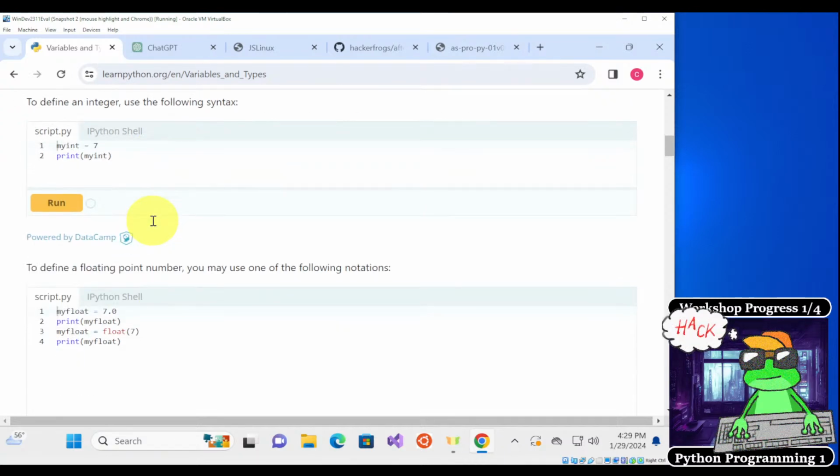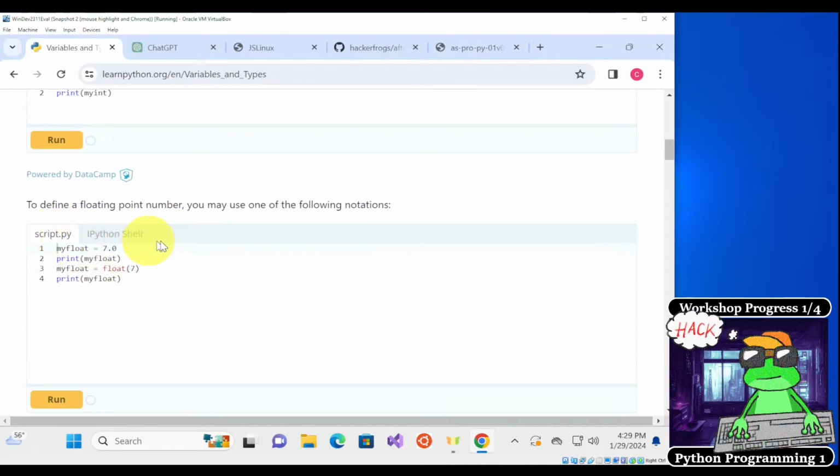Okay, so next we talk about floating point numbers. Floating point numbers are numbers with a decimal point. Here myFloat is equal to 7.0. If you print this, it's going to give you 7.0. But also you can use this float function to give the float version of 7, which is 7.0.